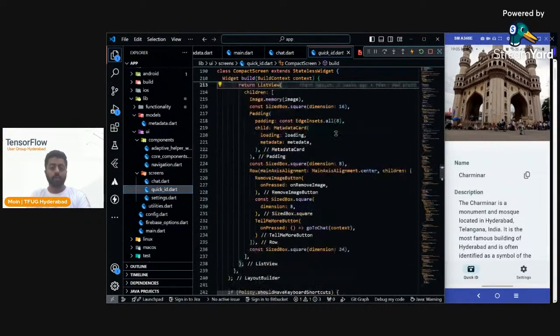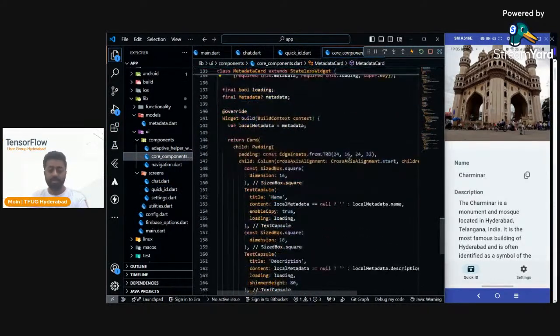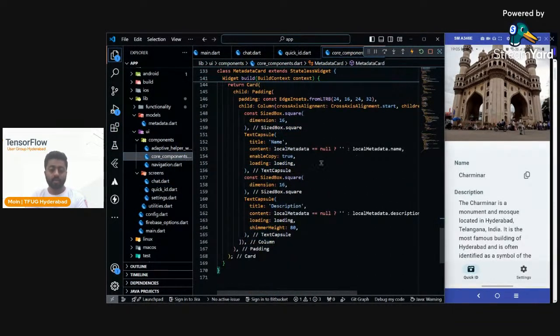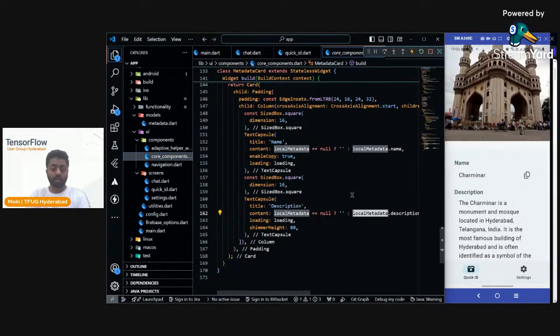Yep. So from the memory, I'm just fetching an image, and here I have something called a metadata card. It's a custom widget that I have made. You guys can do anything. When the data loads, it simply shows over here. Just like you can see, the title is name, which is exactly here. Then here the title is description, which is here. And in the content, I'm passing the data that I'm getting from